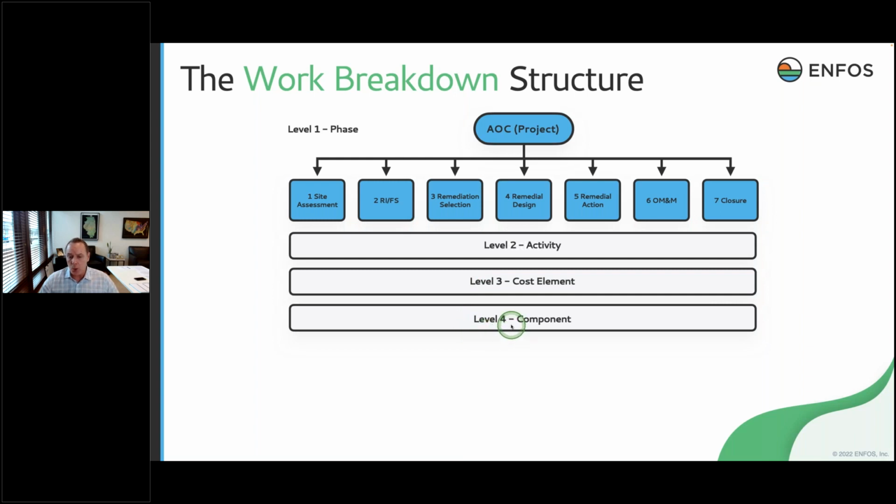When you're down at the component level, from a cost management, cost control standpoint, you're generally now talking about your basic accounting elements of indirect labor, material, equipment, subs, ODCs, and other types of basic fees. It's the lowest level of detail in the work breakdown structure.